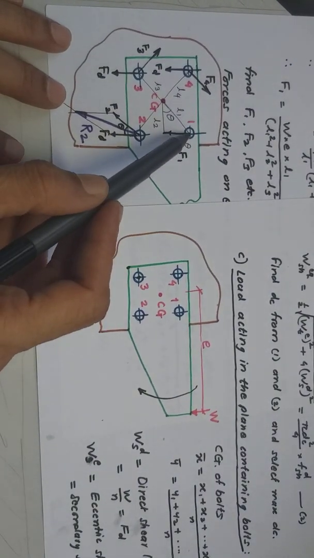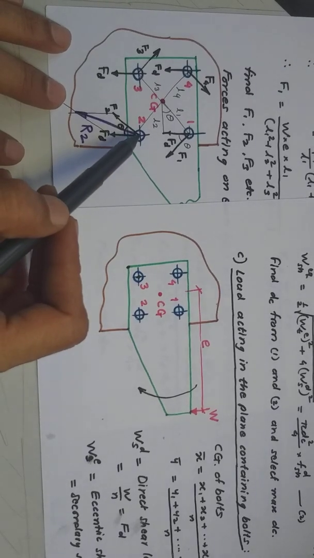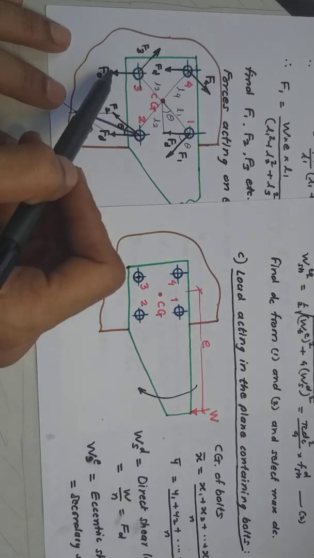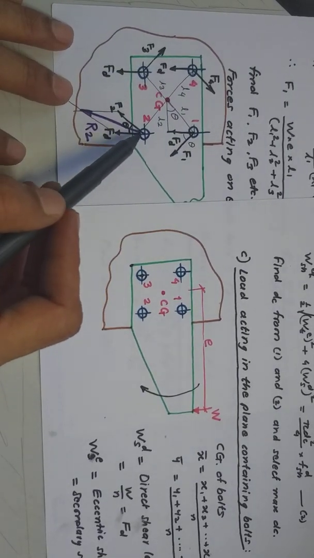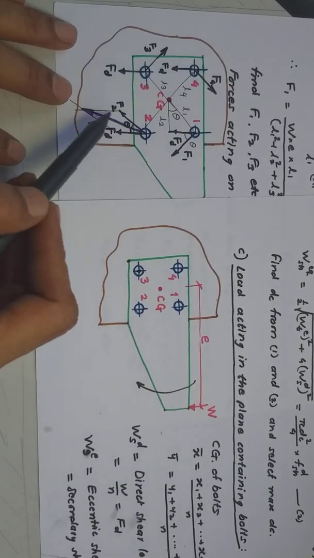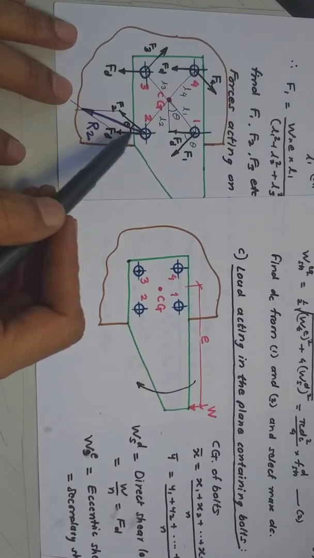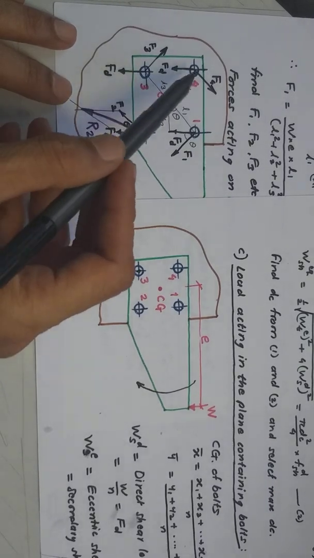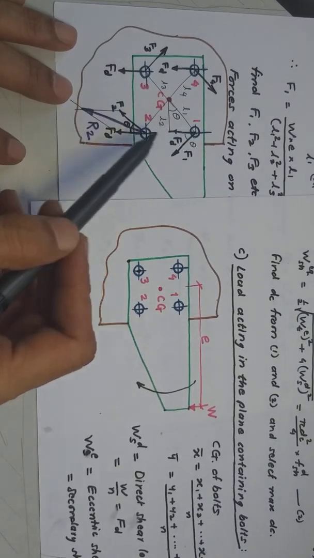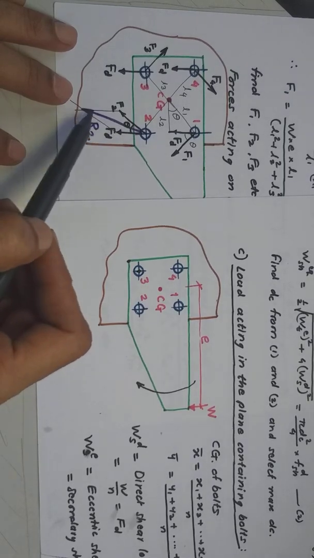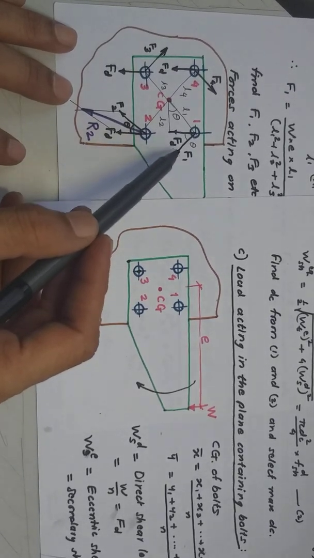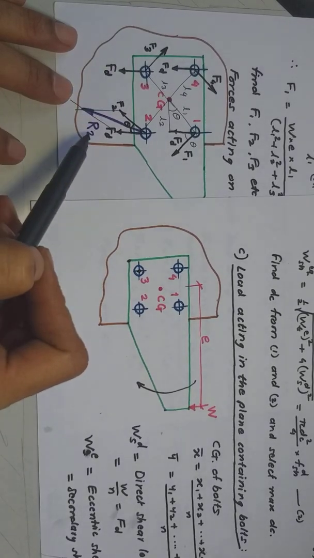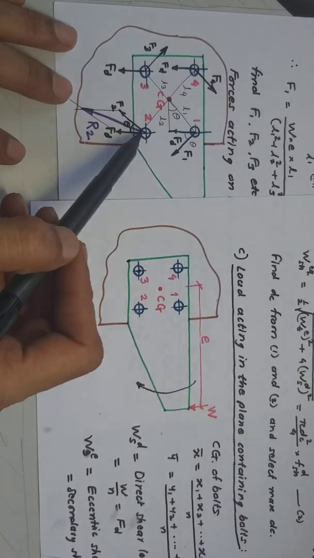Now the total force on the bolt at 1 is the addition of the two. Total force on the bolt at 2 is the addition of the two. Total force on the bolt at 3 is the addition of these two forces, etc. So when you do that, let us take the bolt at 2. When you add these two vectors, this becomes the resultant vector. We call it R2. So R2 here, maybe R1 here, maybe R3 here, R4 here. You will notice that at 1 and at 2, the resultant is going to be maximum because of the position of these two vectors. The resultant here will be shorter than here. So 1 and 2 are the worst bolts.